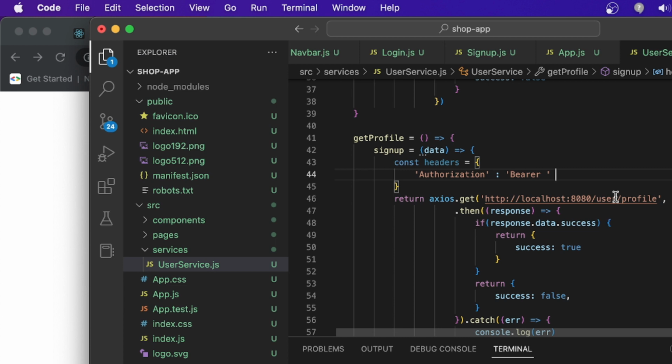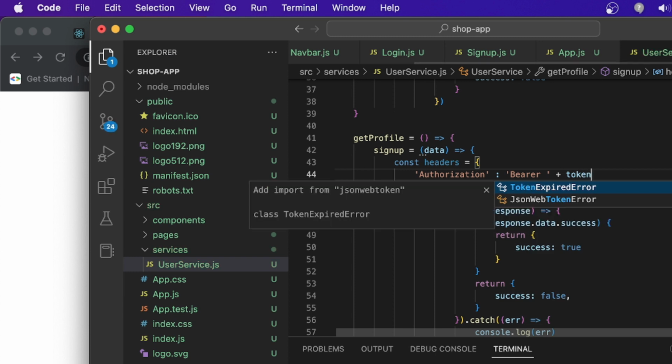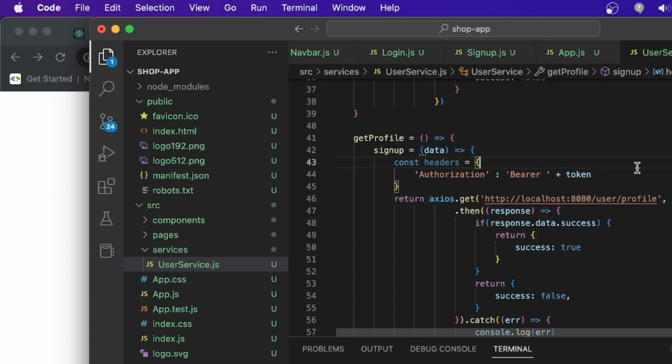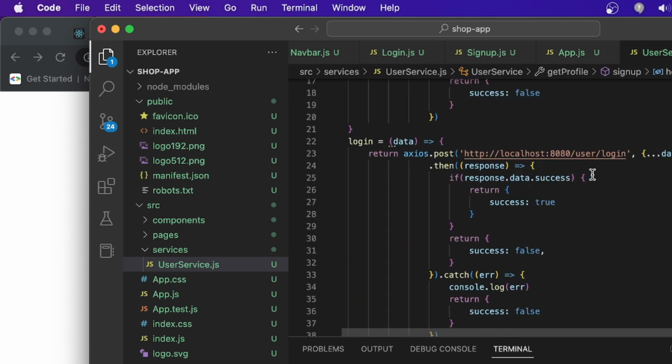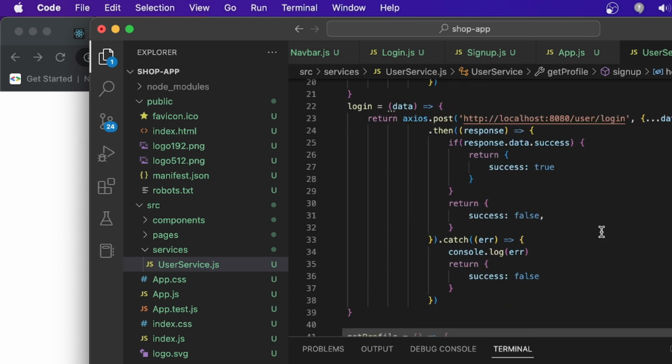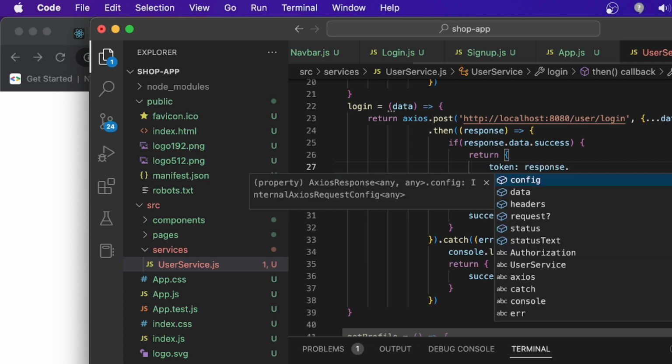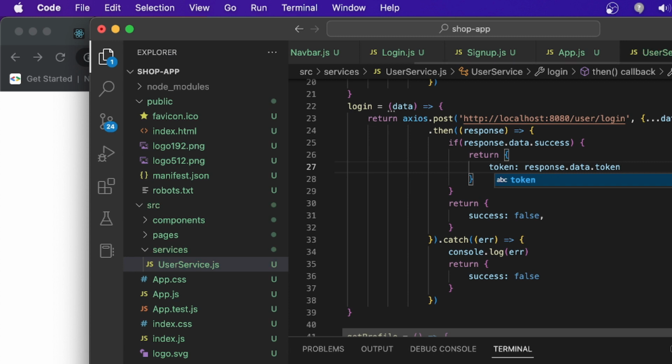Yes, sir. Okay. So guys, here I am going to add the token, but the question is, sir, how do we get this token? Do we need to copy and paste the token? No. I will explain how we get this token in the front end and how we generate it. Basically, this token will be generated after this login. So after the login, you don't pass only success true or false. You will get the token from response.data.token, else token null,